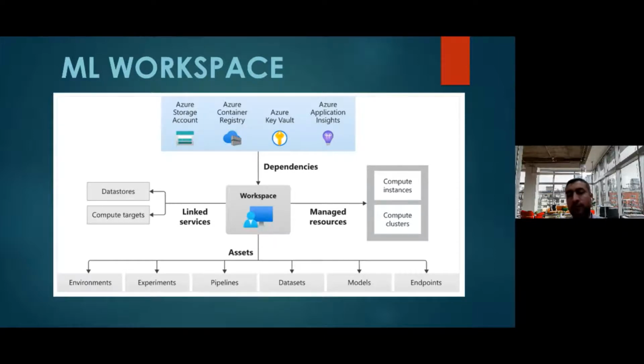We start from the data pre-processing, moving on to the training of the machine learning model, validating the model, moving the model to production. This is the kind of pipelines. And in Azure Machine Learning, we have two types of pipeline. We have training pipeline, where we are concerned about the training phase of our machine learning model. And we have inference pipeline, where we are using the trained model to serve predictions, to produce predictions, and actually